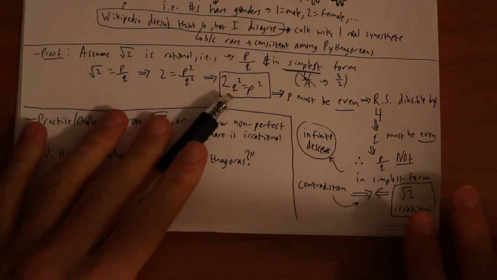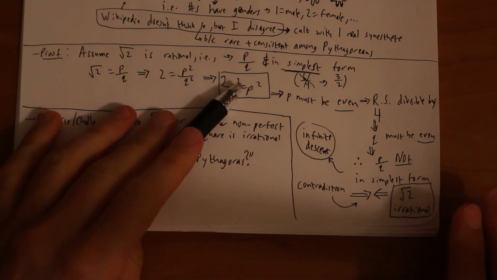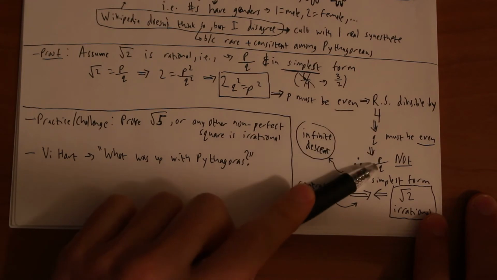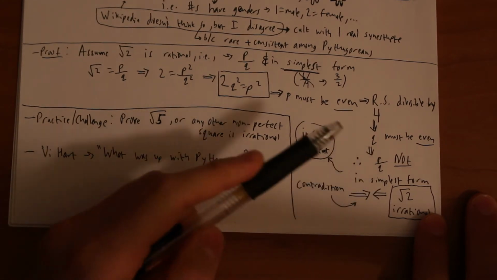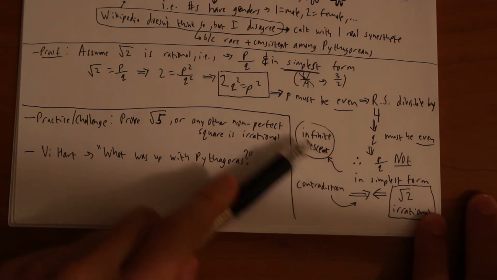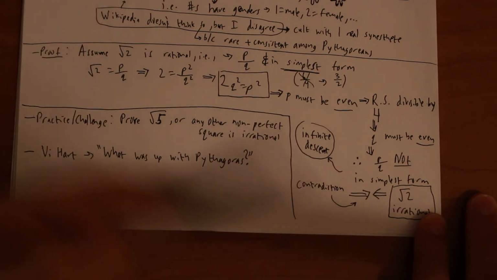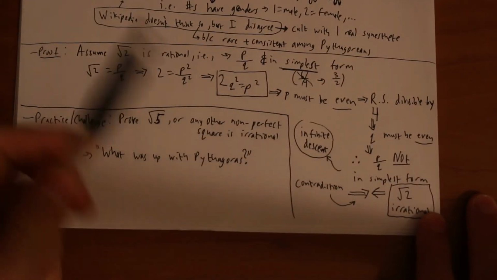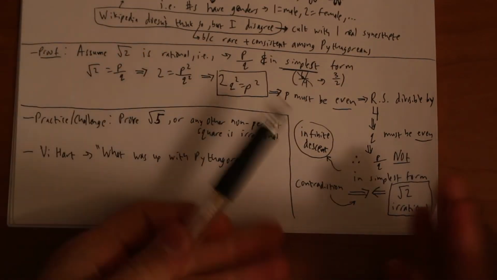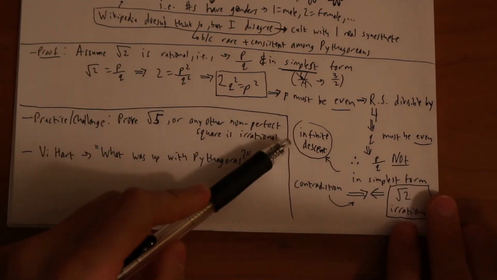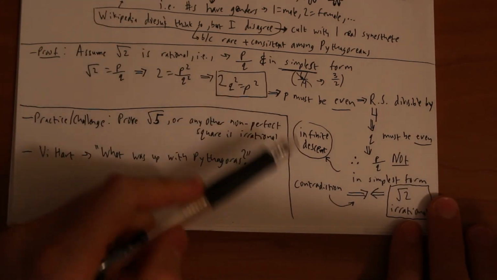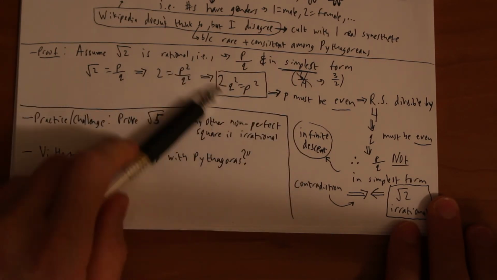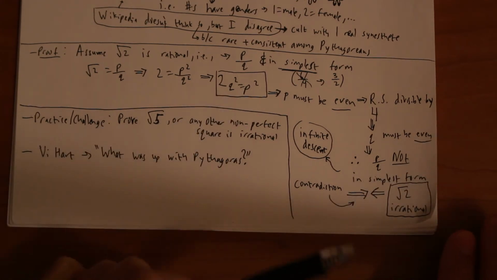Now, just to relate it, you could say, okay, we messed up once, but what if we reduce it now? It wasn't in simplest form, but we'll divide both by 2 and now they are. Well, we can just run this again. So this is going to basically give us an infinite descent. If we think we found something, we're just going to keep shrinking it infinitely, forever. So we're never going to find it. There's a mathematician, Fermat, spelled F-E-R-M-A-T, and he's also very well known for this method of infinite descent. So that's kind of the logic we're doing here. All right, so that's the proof.